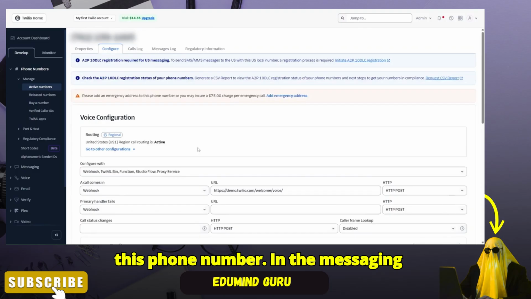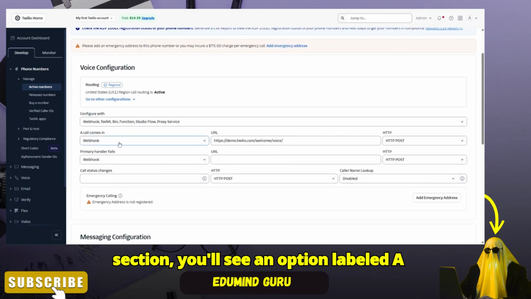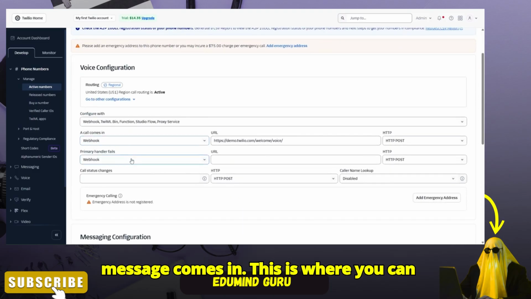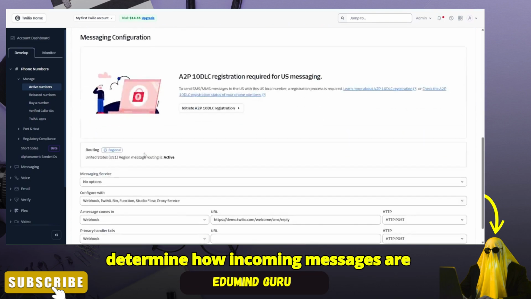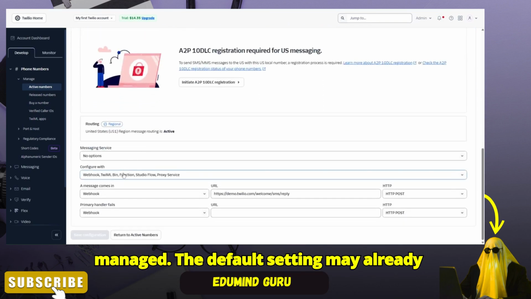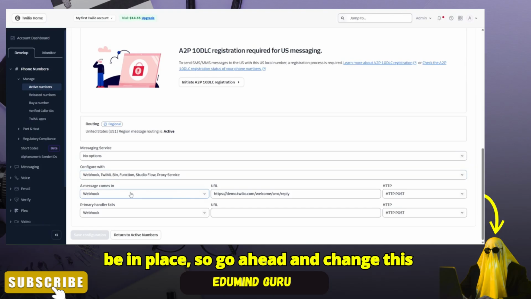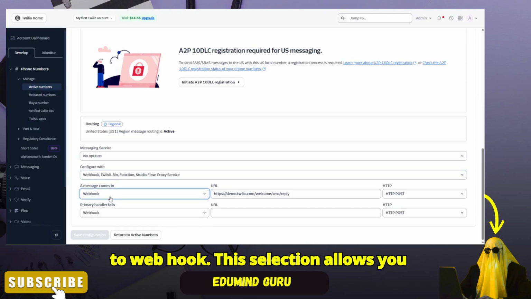In the Messaging section, you'll see an option labeled A Message Comes In. This is where you can determine how incoming messages are managed. The default setting may already be in place, so go ahead and change this to Webhook. This selection allows you to link your number to an external URL where your server's logic for processing the message